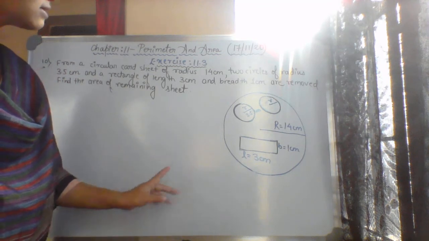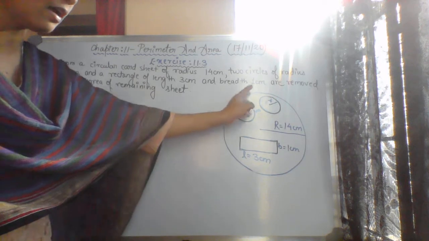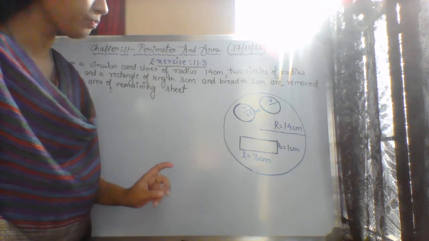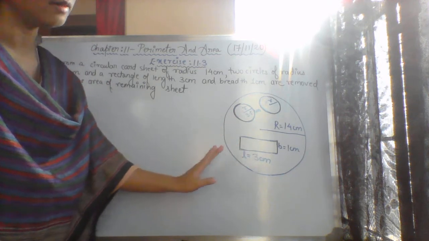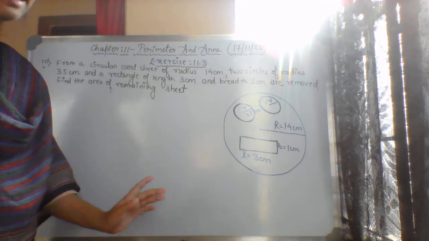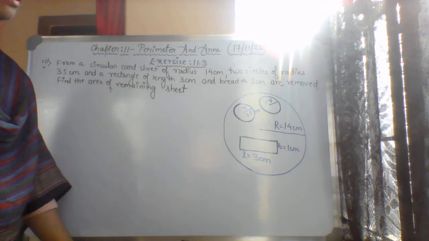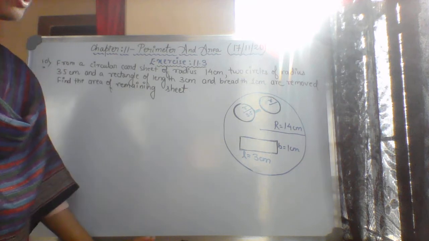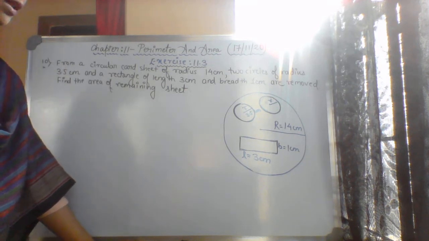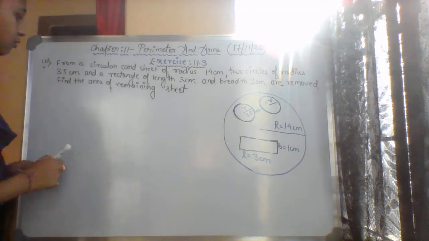We know all about area and perimeter. Since in this question we will deal with area, area of circle you know. What are the two shapes we are observing here? Circle and rectangle. So we know both the area of circle and rectangle. What is the area of a circle? Pi r square. Yes. And how can we find the area of the rectangle? Yes, length into breadth.